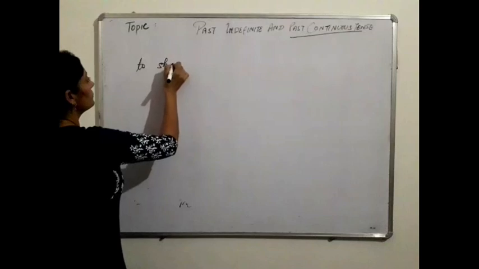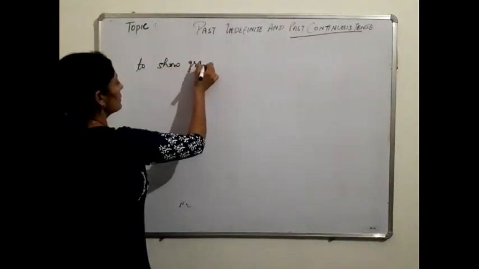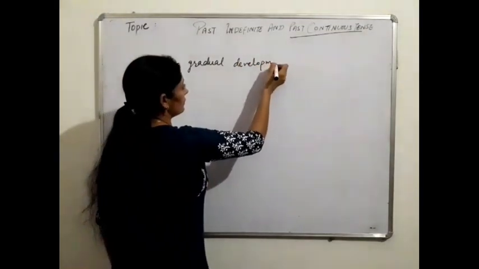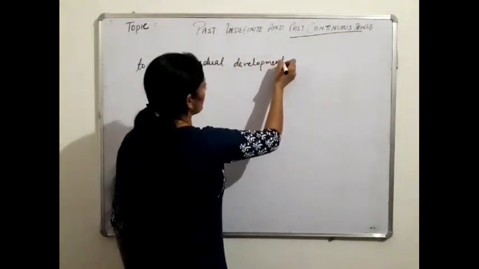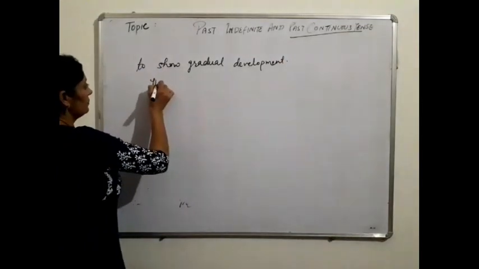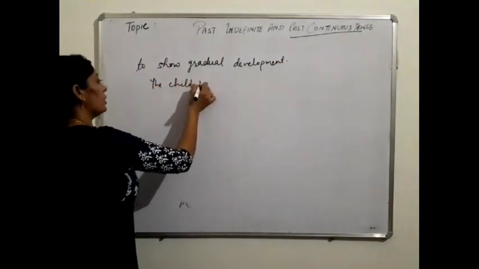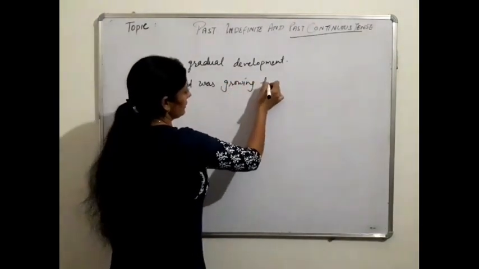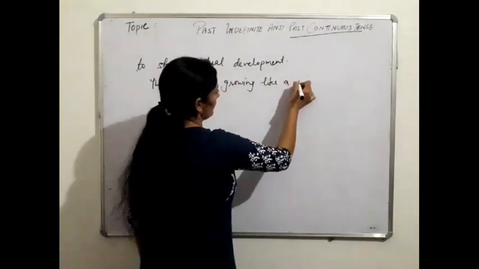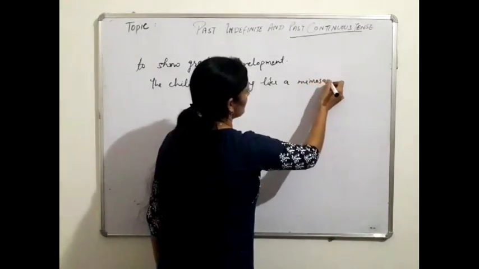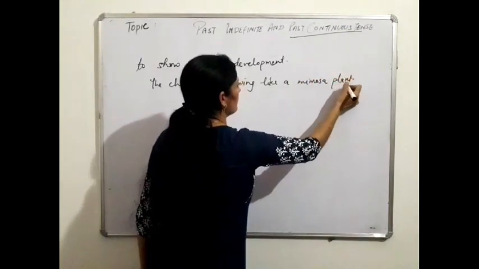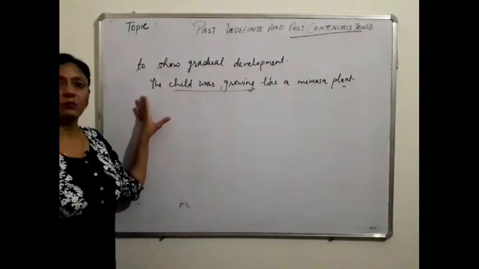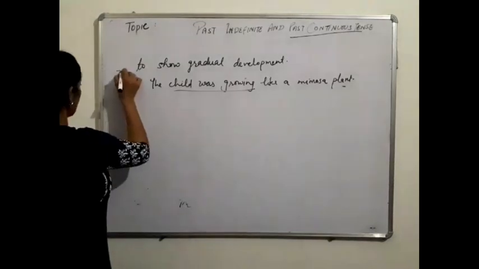To show gradual development. For example, the child was growing like a mimosa plant. It means gradually the child was growing. The child was growing like a mimosa plant. And the last one is